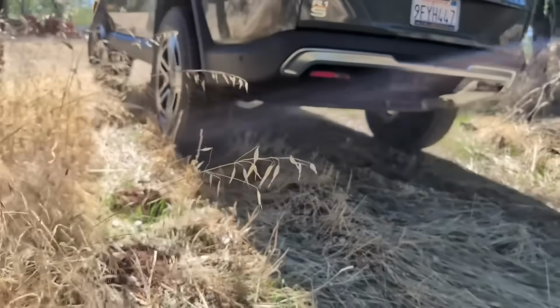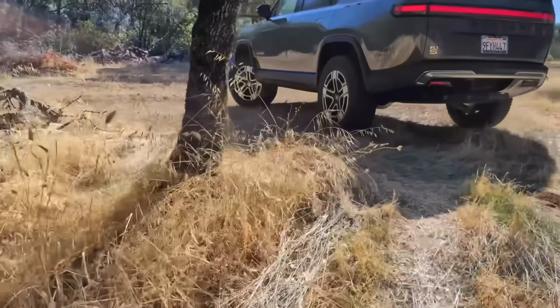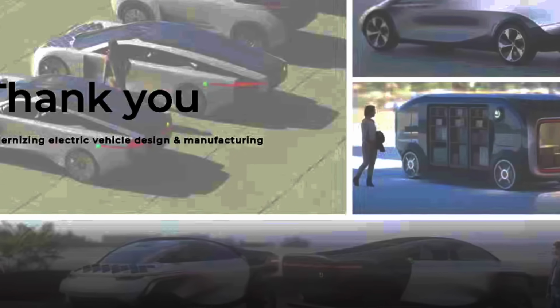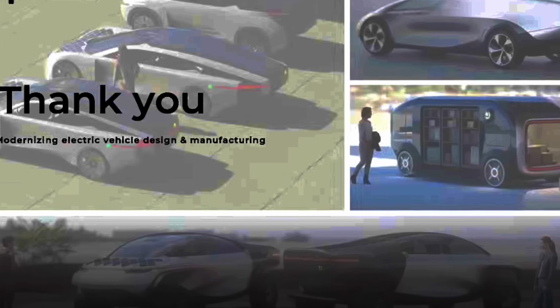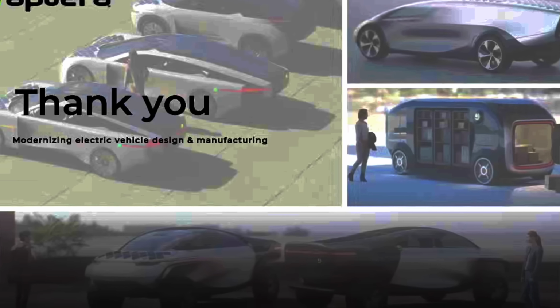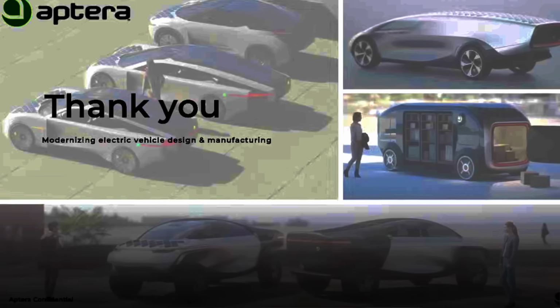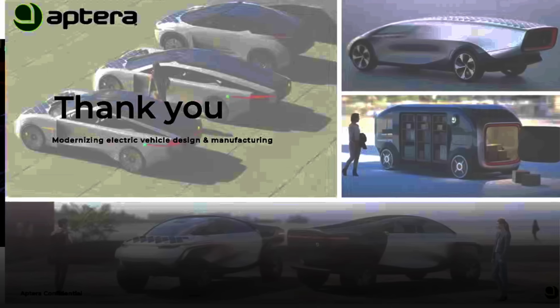So any of these vehicles, if Aptera decided to make them, of course I would still be super excited to learn more. I would want to drive them, I would want to check them out as soon as possible. But if I had to pick one that I'd say you should focus on next, the three-row SUV market is able to justify fairly high selling prices, and with Aptera's efficiency focus, if they're able to achieve that awesome 5 miles per kilowatt hour, you could put a 60 kilowatt hour battery pack in that thing and still get 300 miles of range, which I think is plenty for most people